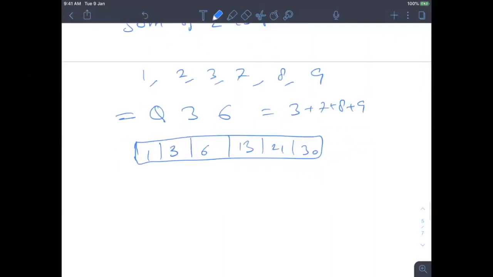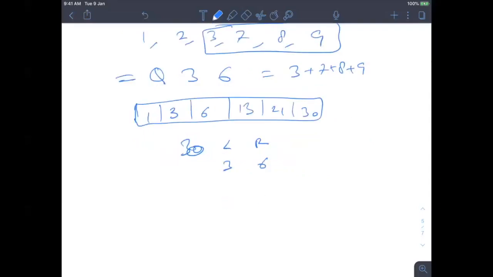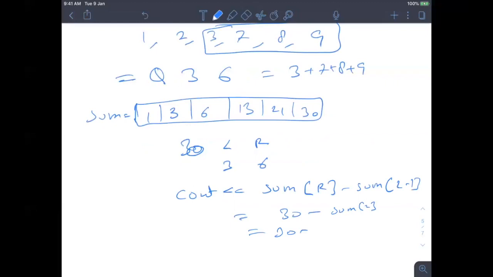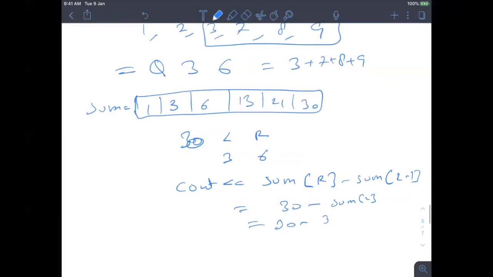If you want the sum from left to right, which is 3 to 6, let's say this is the sum array, you can directly print sum of r minus sum of l minus 1. Sum of r is 30, sum of l minus 1 is sum of 2, which is 3, so 30 minus 3 is 27.